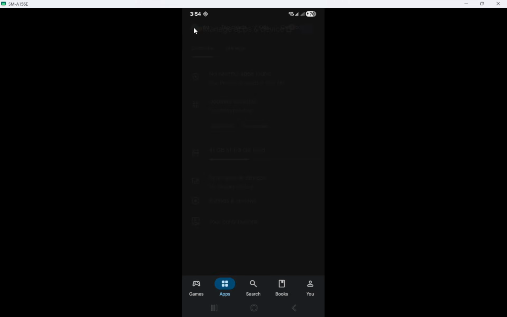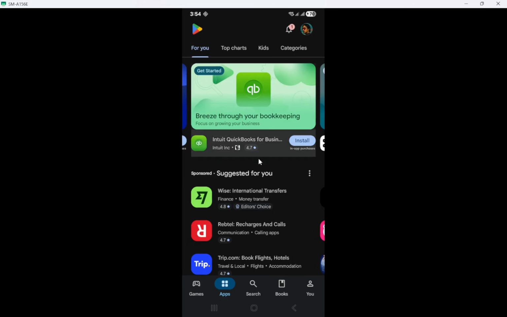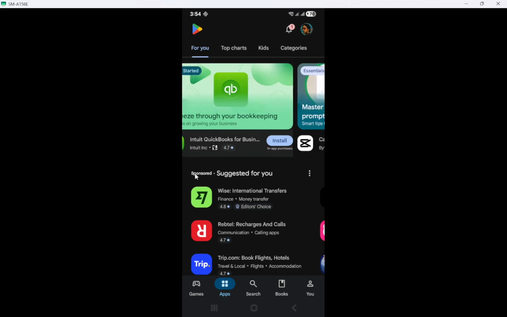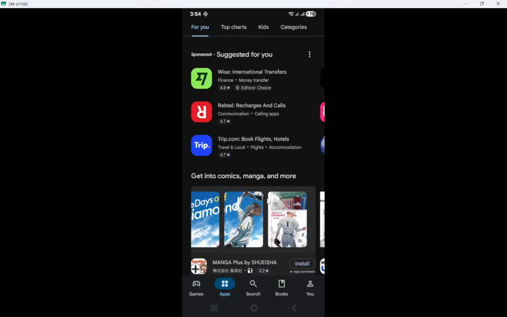After you've updated the app, consider turning on automatic updates. This feature allows your device to update apps automatically in the future, so you don't have to worry about doing it manually each time. It's a great way to ensure your apps are always equipped with the latest improvements.